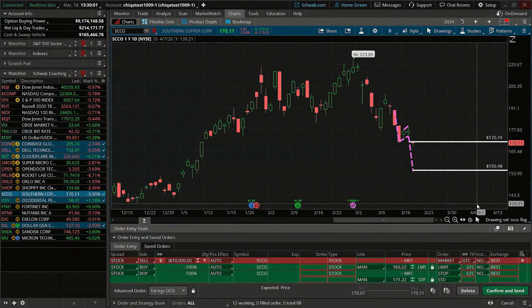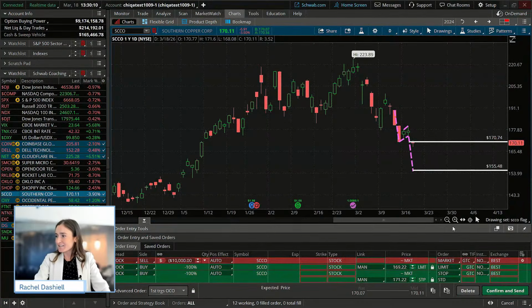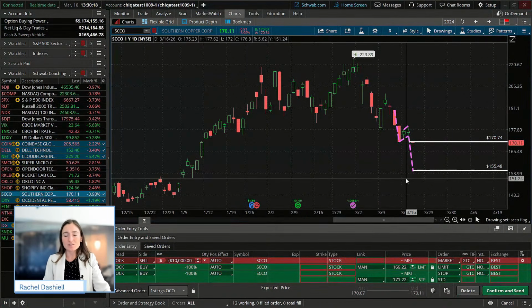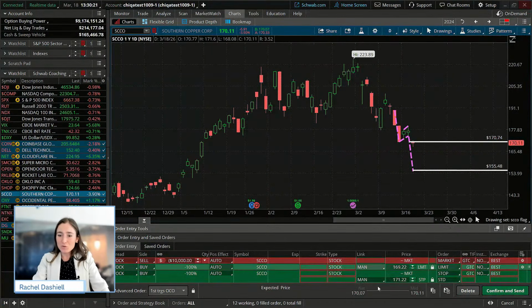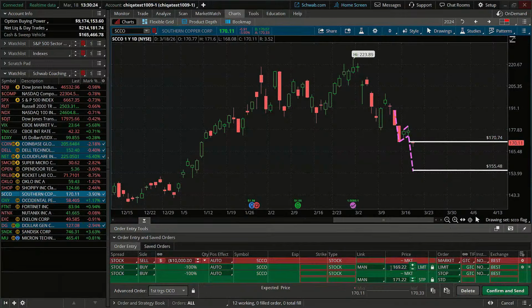Now, something I do want to mention too, because I know Brent put this in the chat. Remember that when you are shorting a stock, there is an unlimited potential risk on the trade. The stock could go down to zero, but it could also go up to infinity. So we're going to manage our risk accordingly in this way. On the downside, our target's going to be 155.48, where we'd want to buy that back. And where could we place our stop on the upside?